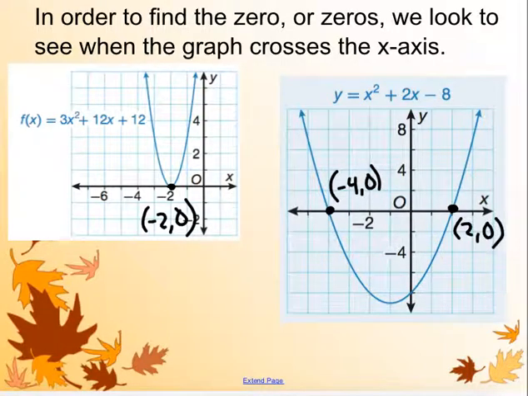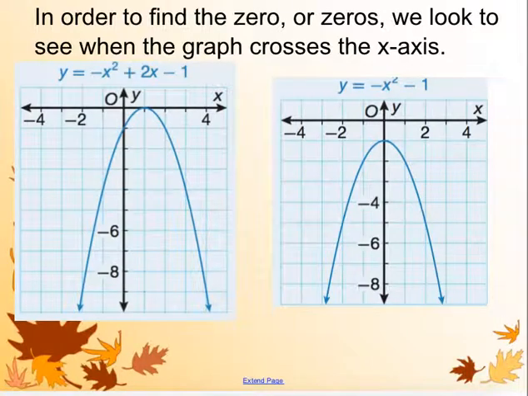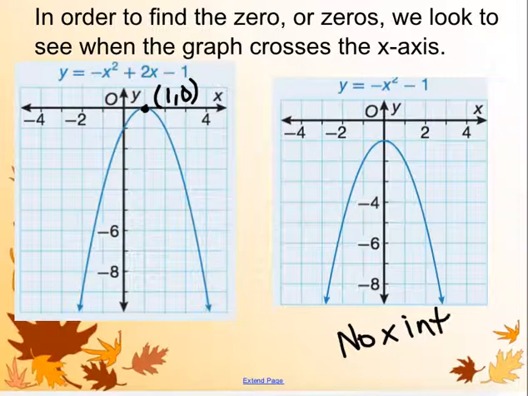So we have those two x-intercepts, those two roots, those two zeros. We can call them all of those different names. Once again, we have one intercept here at 1, 0. And in the second one, we have no zeros. There are no x-intercepts. All right, it does not cross the x-axis, which means if we were to try to factor that one,